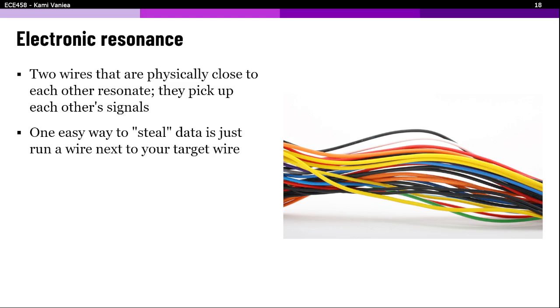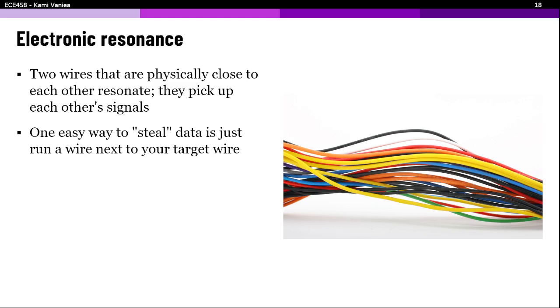All right, so we're going to talk about Rowhammer. If I take two wires, wire 1, wire 2, and I run them next to each other, particularly for a long distance, you start getting what's called resonance. Now, if you're an EE, you're thinking, oh, that horrible thing called resonance. We try to stop that because it mucks up all our signals. If you're in security, you're thinking, that awesome thing called resonance. That's how we steal data off the neighboring wire.